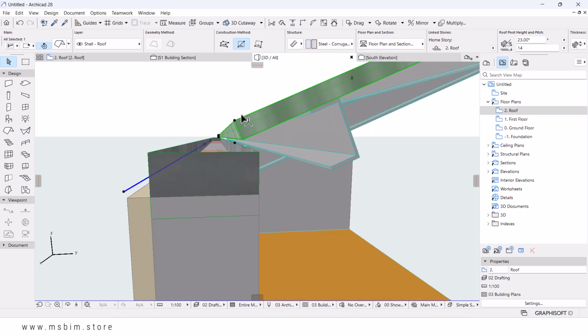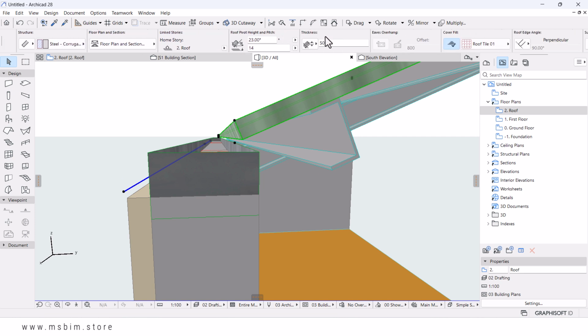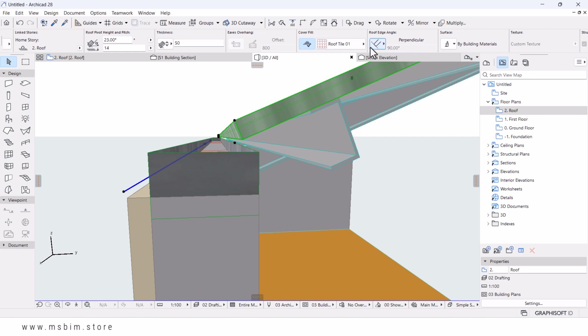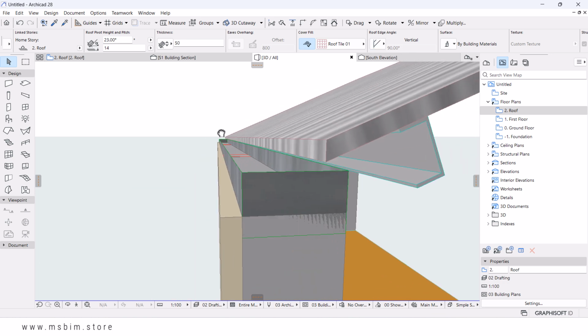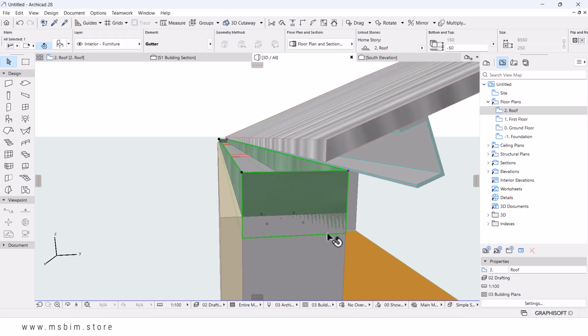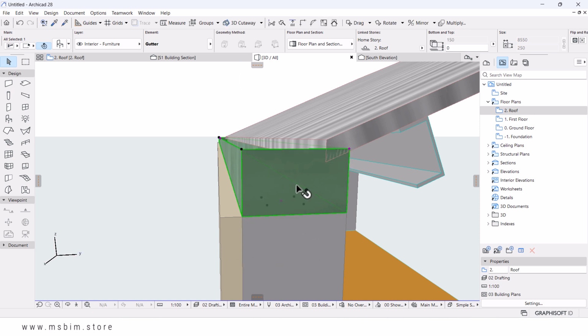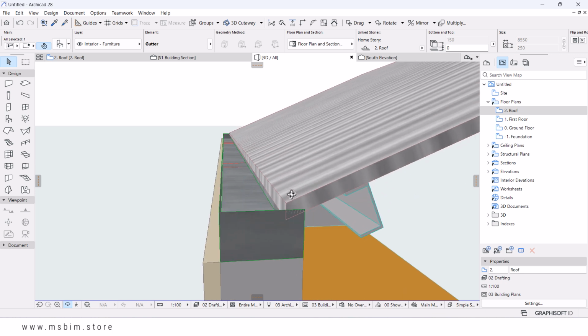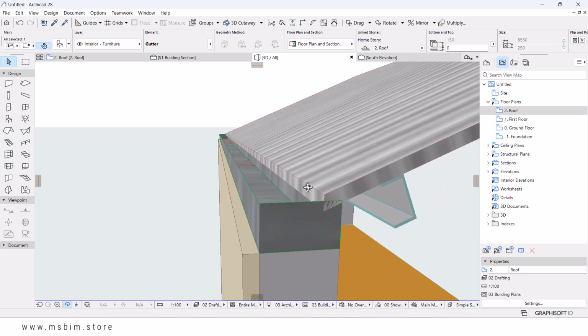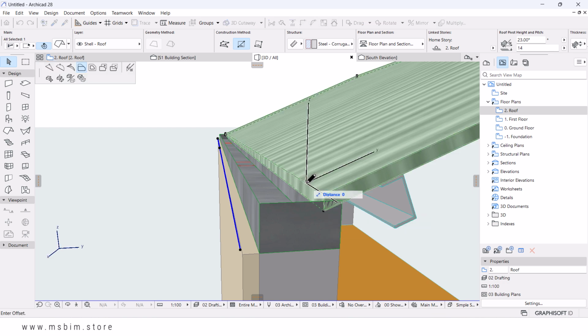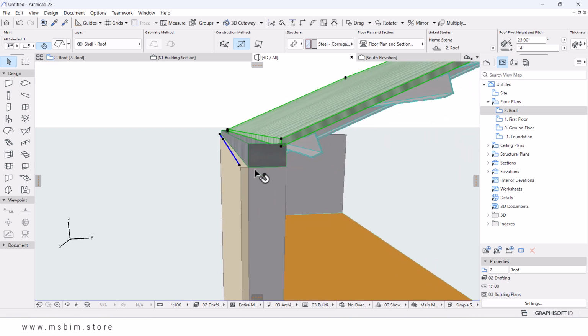And again, the cut of the roof, I'm going to scroll down in the info box and find the roof edge angle. Let's set this to be vertical so that it can be like that. Okay, so I think the gutter needs to be raised a little bit up, like so. Okay, I'm going to adjust again the roof a little bit. All right,